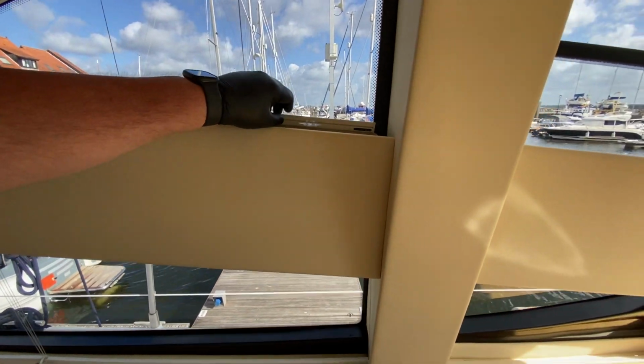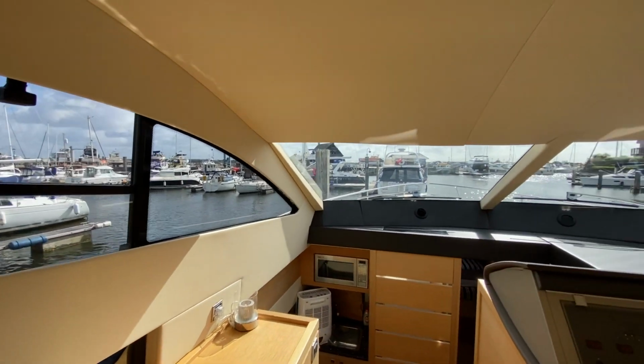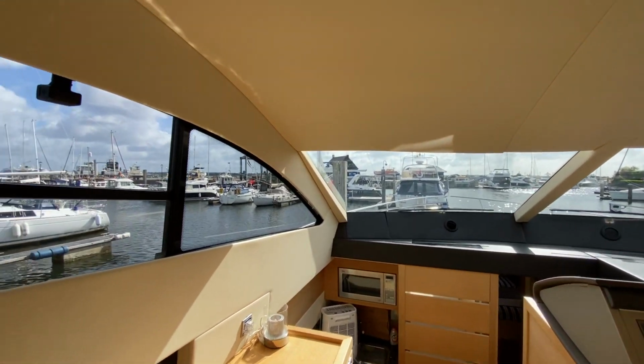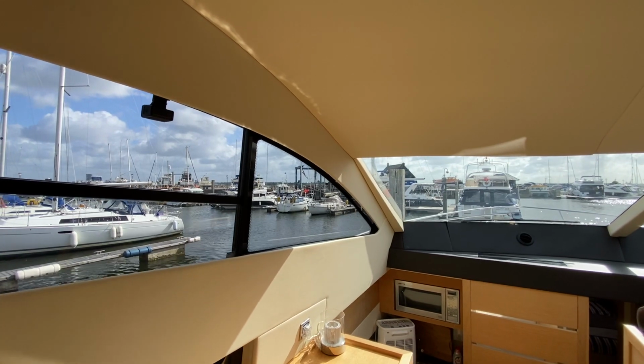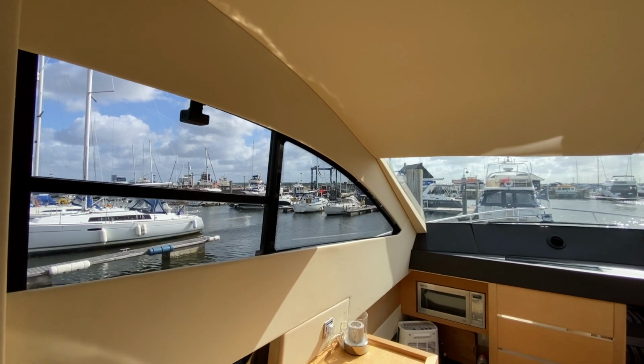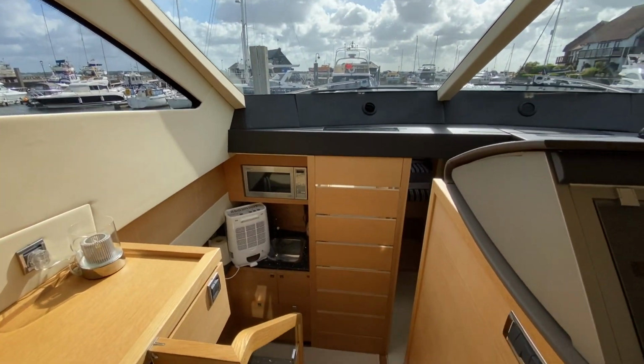It's got all the Ocean Air blinds on here, so you can get privacy. They're really neat and just store out of the way. And then there's covers, I believe, for the front and the side windows, so you can get some more privacy if you want to put those on. As we come down,